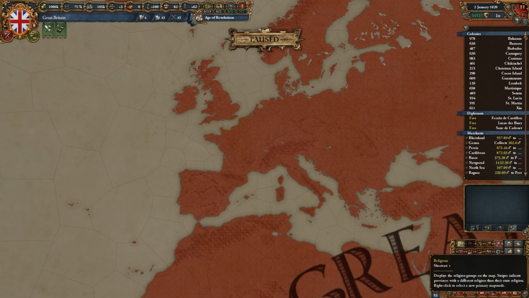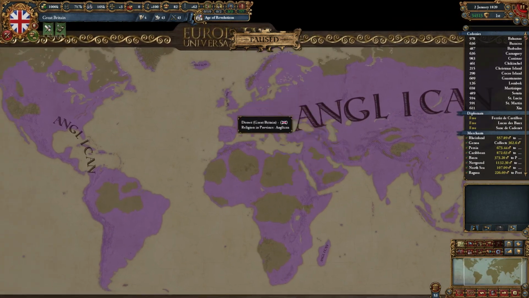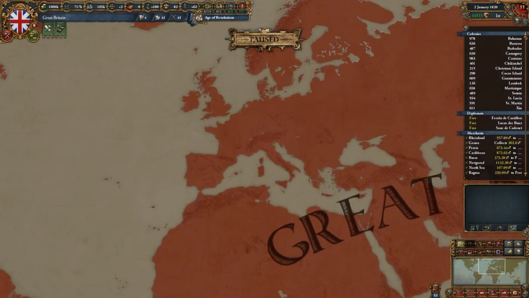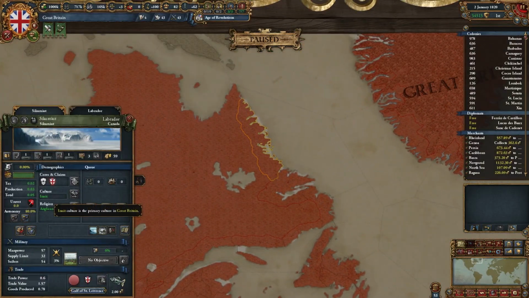And another thing that I obviously did is I got the Anglican event because I was forming England, and after that Great Britain, so that fits in really nice. And right now I wanted to talk a little bit detailed about how I got the Inuit culture over here